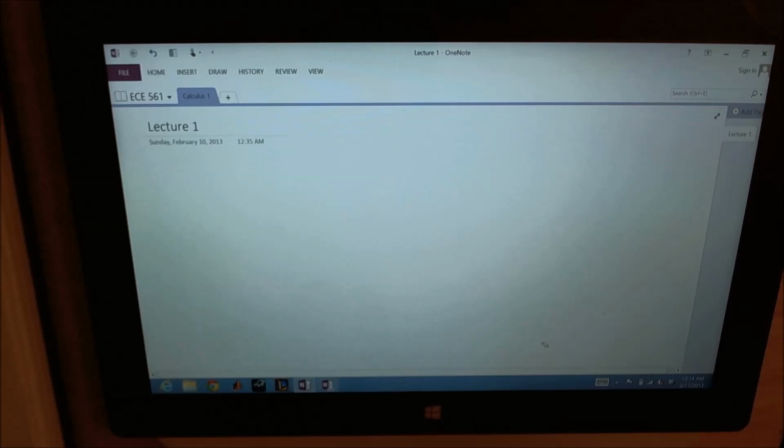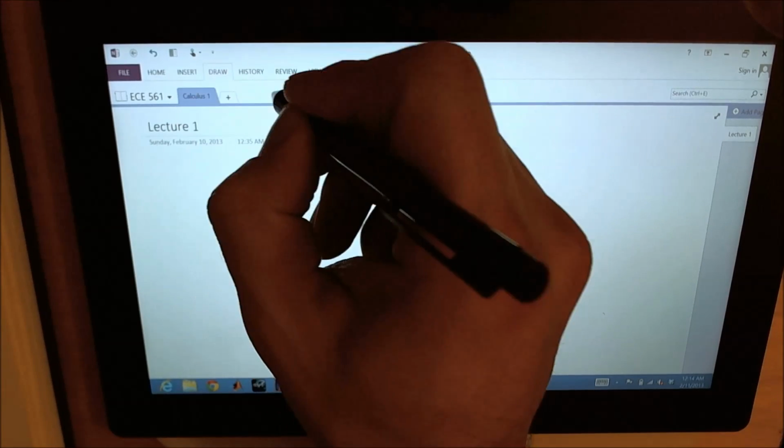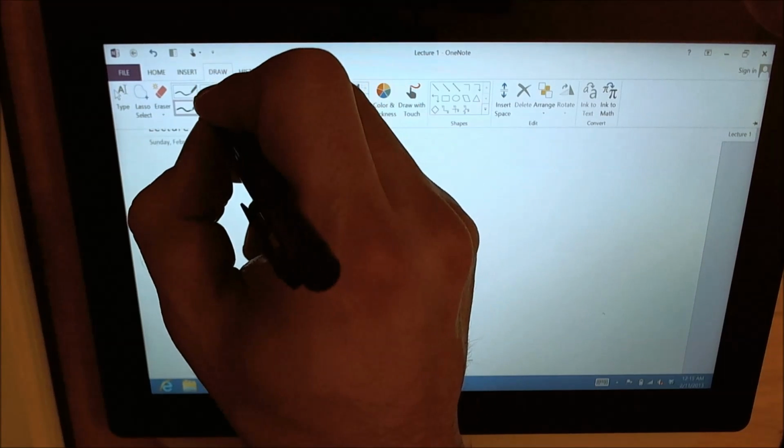This is lecture number 1. We start with communication systems. Oh, this is going to be horrible. You guys are going to make fun of me. I know you will. Let's see, I wrote this in red. The first thing I wrote was